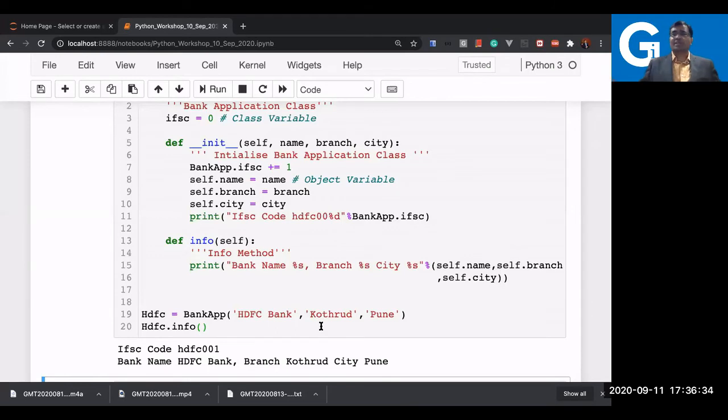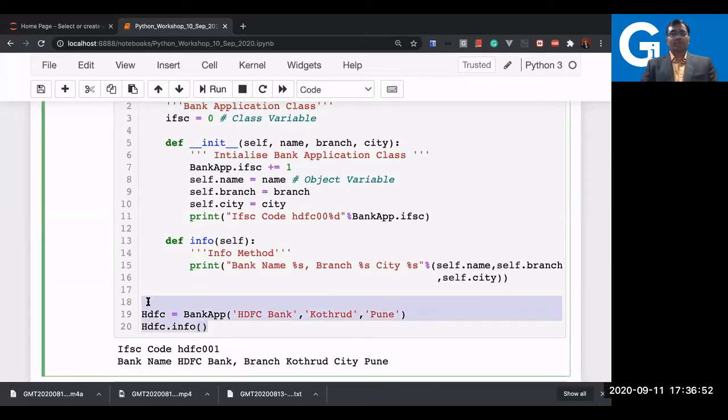So now let us create multiple objects. Let us have more branches now. Your class is ready. Let us create multiple branches of your bank also, and that is possible by creating multiple objects. So let us apply this design to create multiple branches now. Here I'm going to create multiple branches.